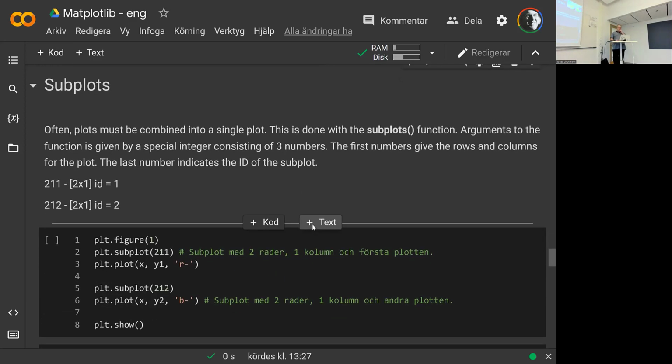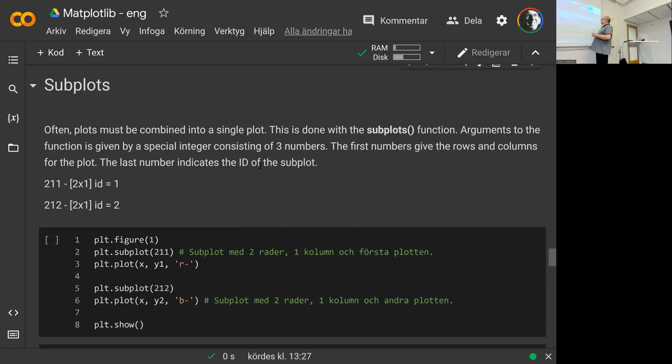It's also possible to create subplots. What that means is that you can create multiple plots in a single window. And it's a bit tricky syntax to use. So the argument to subplot: first you create a figure, then you create subplot 2, 1, 1, and that means I want a plot that is 2 columns, 2 rows. I think it's